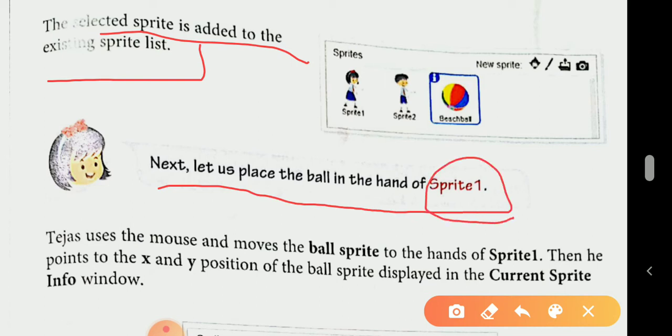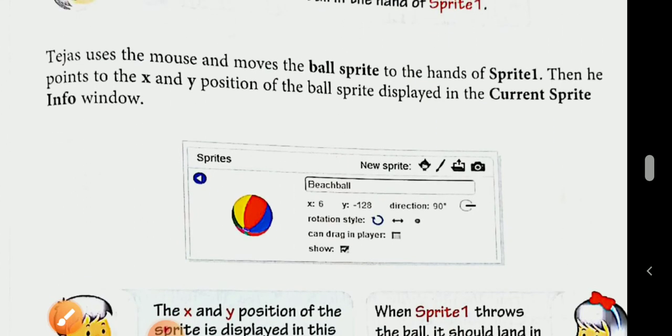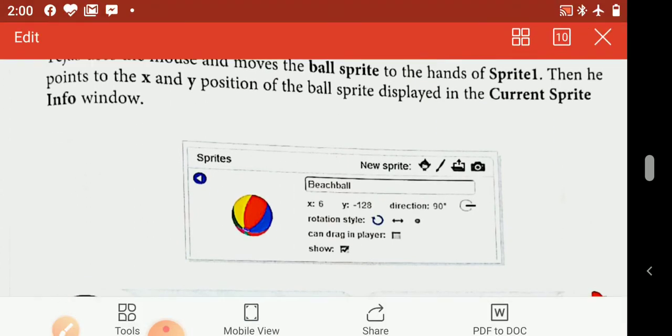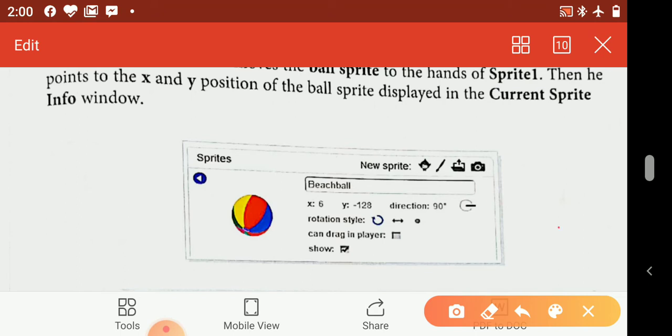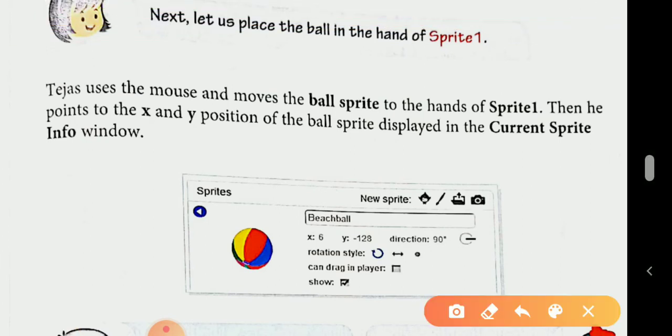It means what happened now? In your pictures, the ball is with the girl's hand. It means sprite 1. So here you can see they just use the mouse and move the ball sprite.